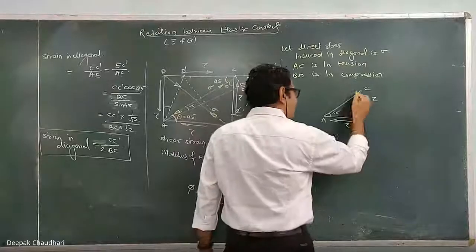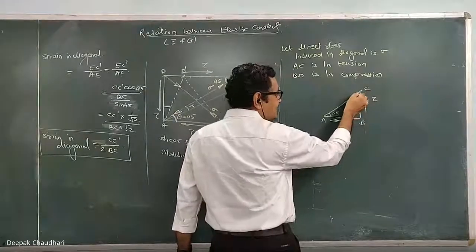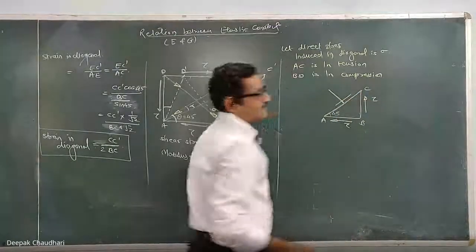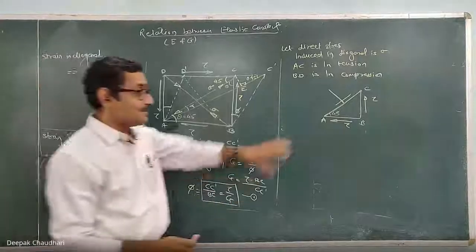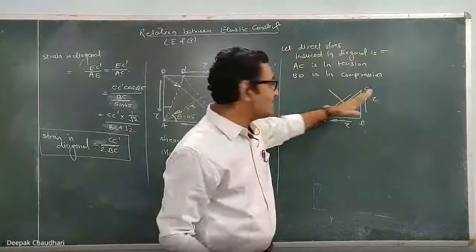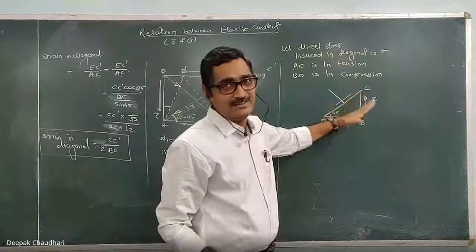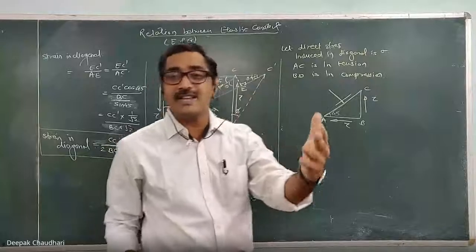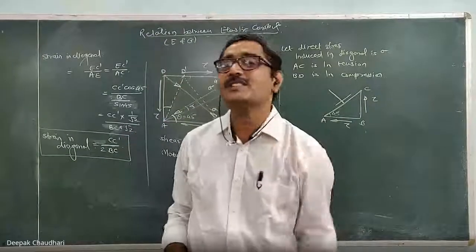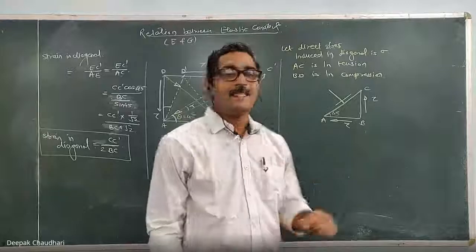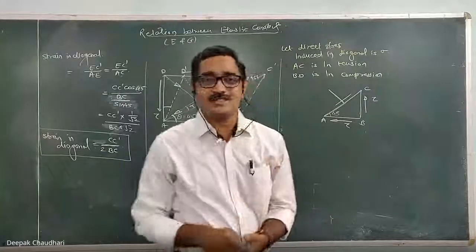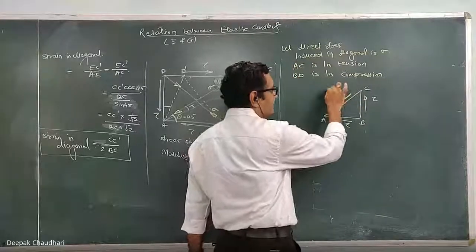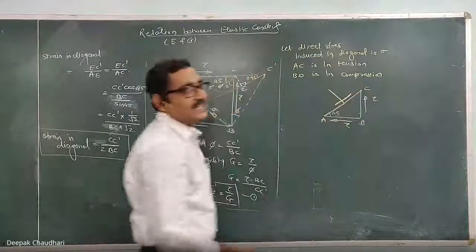Now because of the shear stress on this inclined plane, there will be direct stress as well as shear stress. Whenever the line of action of the resisting force or stress is perpendicular to the plane, it is known as a normal stress or direct stress. And if it is tangential, it is known as a shear stress. So this is the shear stress acting on this inclined plane, and this is the normal or direct stress acting on this inclined plane.